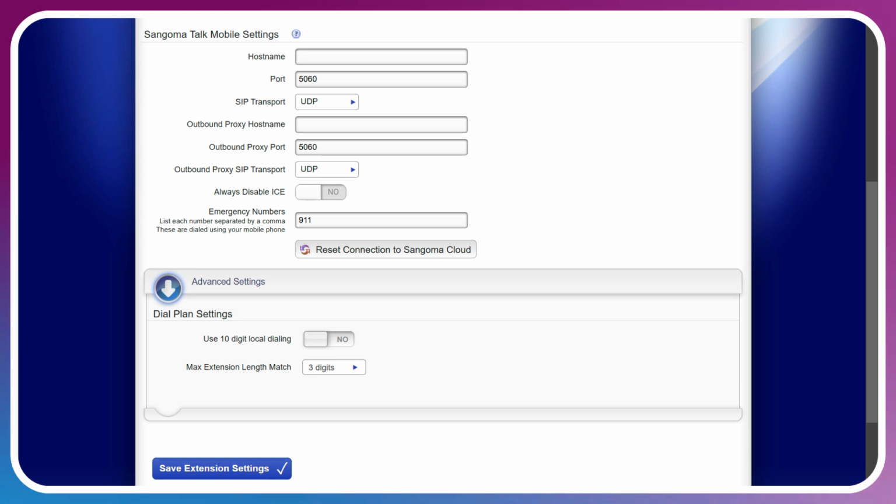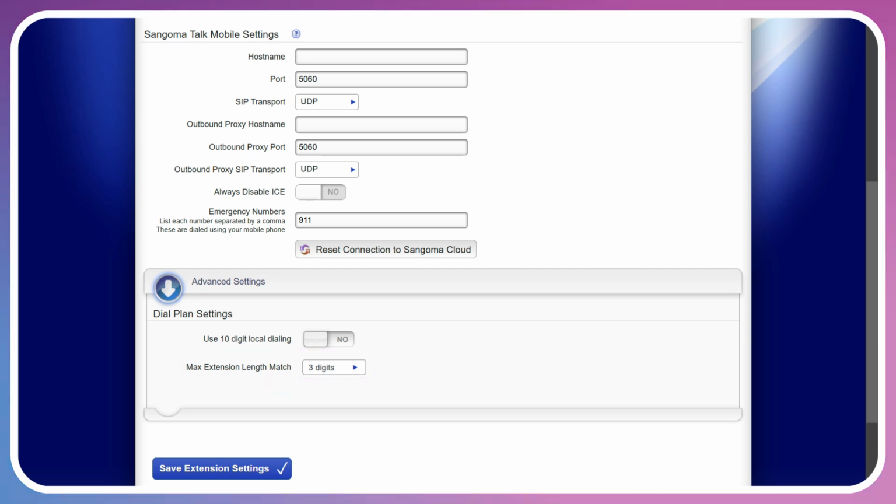If you peer another Switchvox or have extensions with a longer extension range, you can expect a slight delay as the system waits for further user input. Adjusting the max extension range length to match your extension length will tell the system how many digits to wait for before trying that extension, shortening the wait time for further user input.